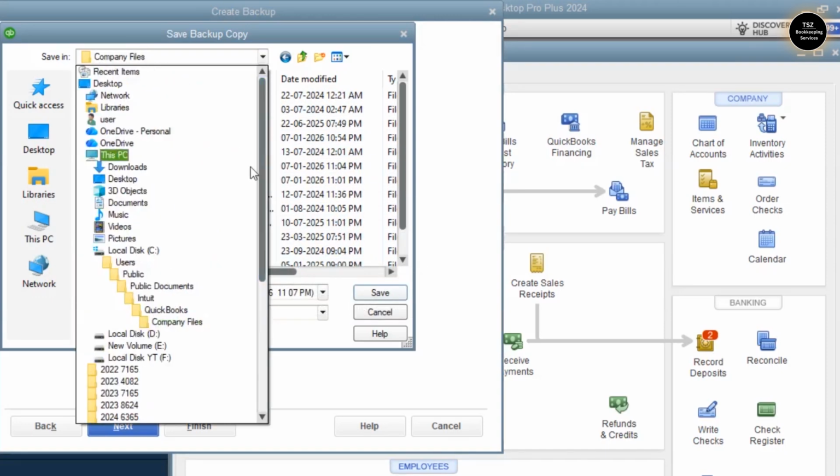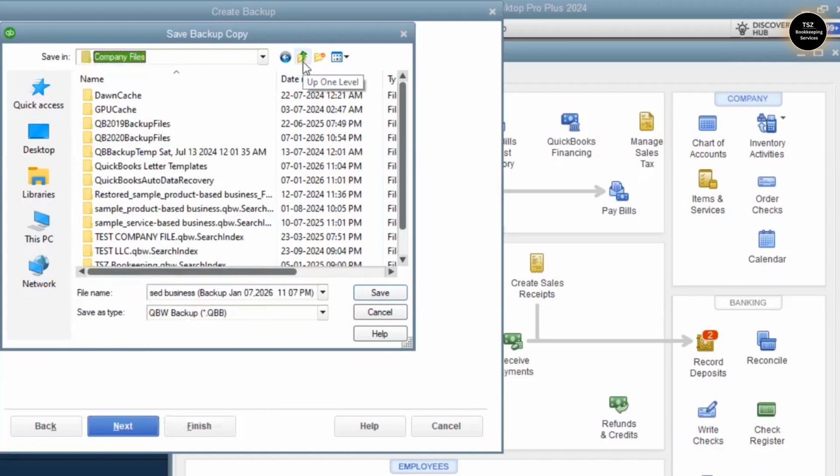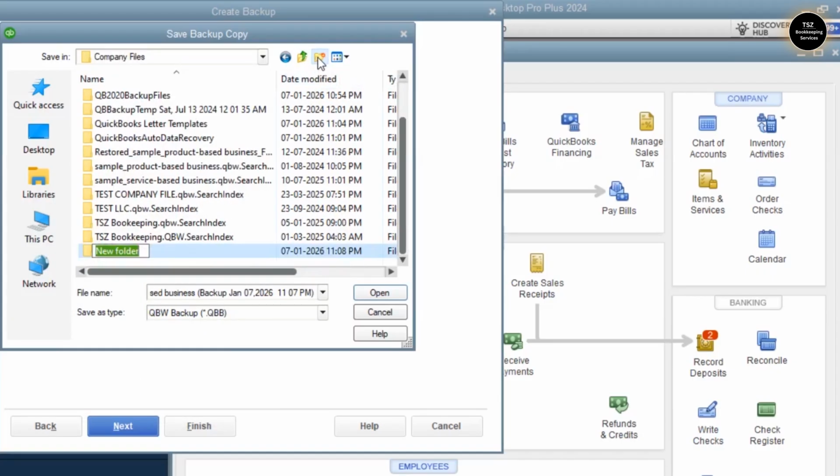Let me show you this location. Here it is: local disk C, Users, Public, Documents, into QuickBooks company file. This is the default location of your company file. Now what I'm going to do is create a new folder in this location and